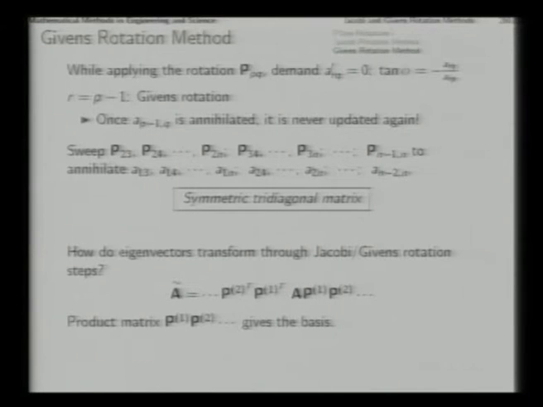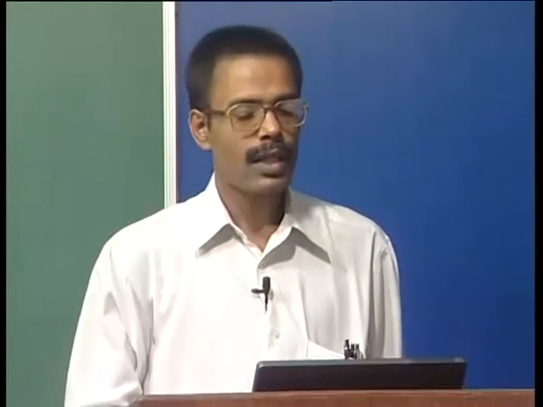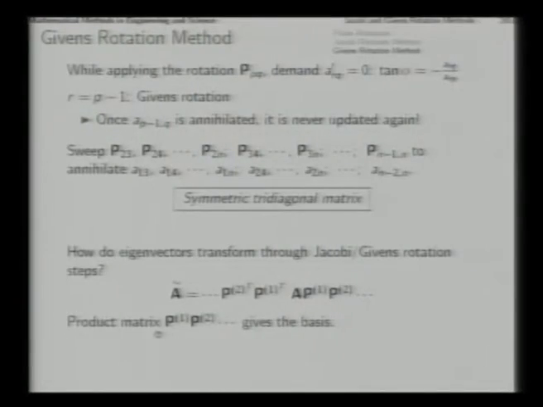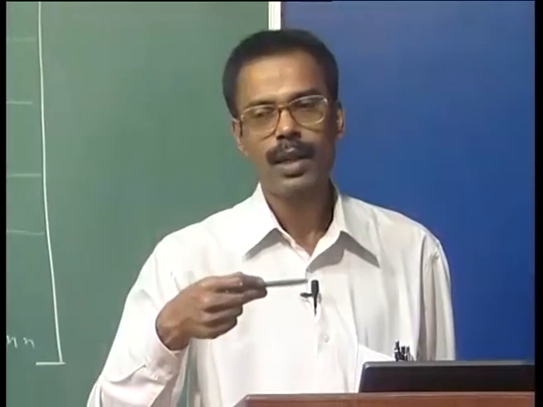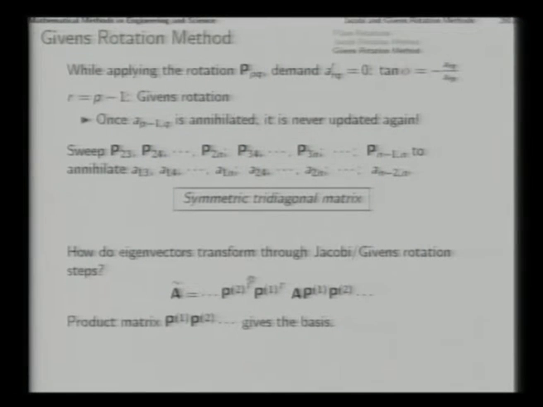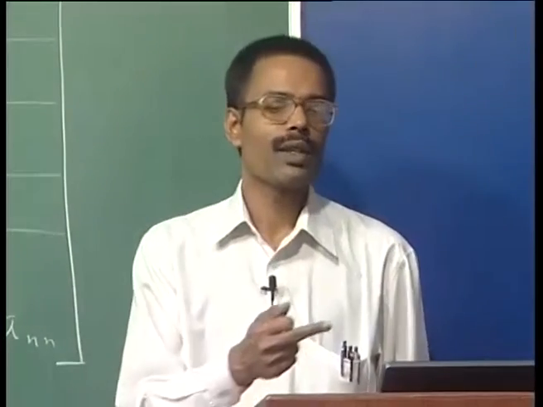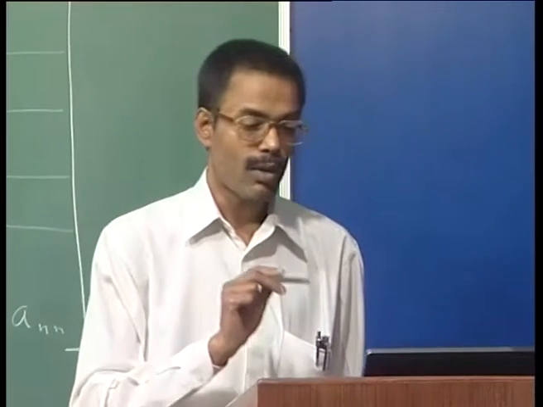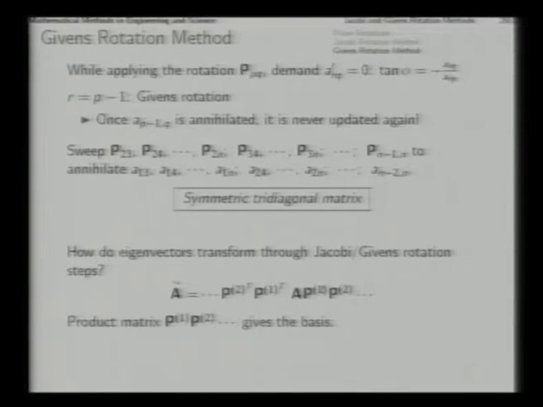So, in the entire product, if you consider P1 to Pn, all of them together as a big matrix P, then that matrix P gives you the basis through which the transformation has finally taken place. Here the transpose of that entire thing is actually sitting. Now, computationally, when you want to find out at the end of the process not only the eigenvalues, but eigenvectors also, it is important to keep track of this.